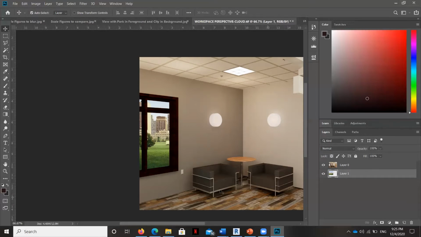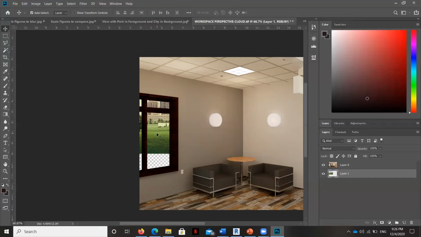So there's a vanishing point over here and one over here, and all the lines that are parallel to that back wall will converge to a point here, and the opposite is true for this wall. But right here at 5'6", those vanishing points are on the left and right side. As you're adjusting this, you have to make sure that the vanishing point and the horizon line are at roughly eye level. It's a little hard to tell because we've got this other city going on here, but just keep in mind that standing out here at eye level, you wouldn't be able to see the very top of those buildings.